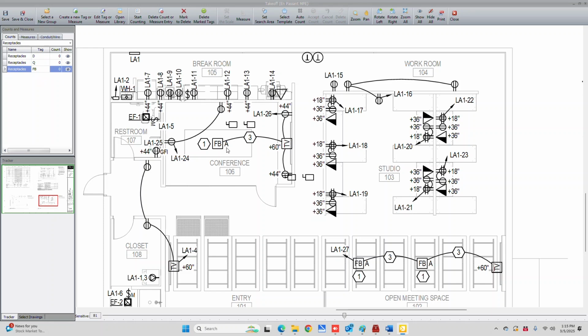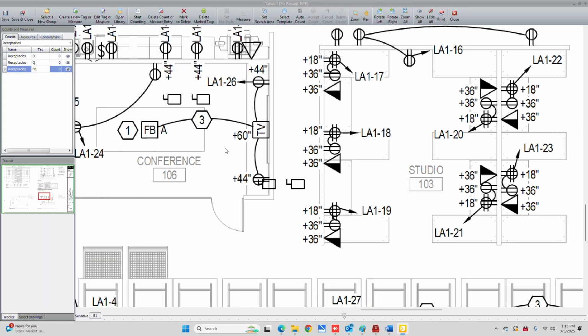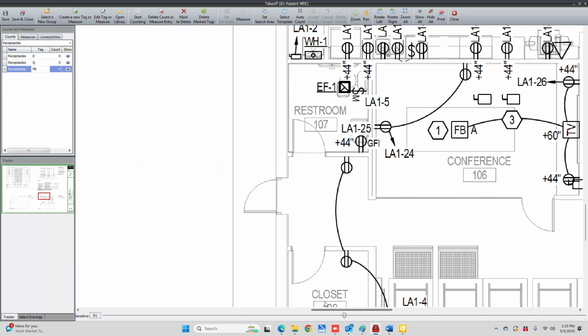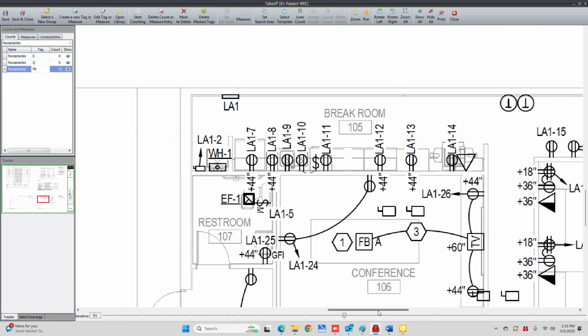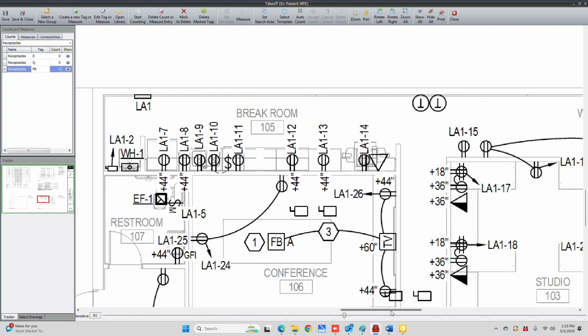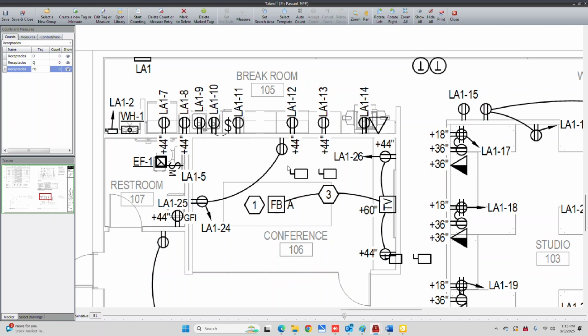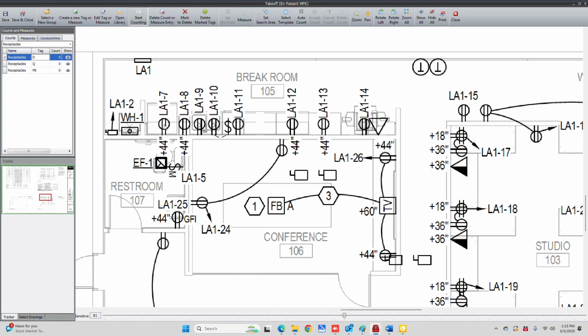Now, just for this demonstration, I'm going to increase the size because normally you're not dealing with the entire screen. You're only seeing portions of a job. We'll say like this. So you click just the same thing, start counting. You just want to count